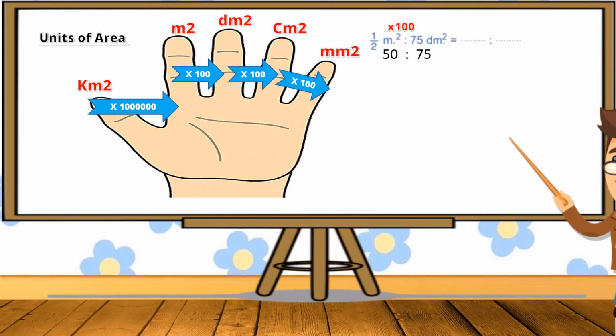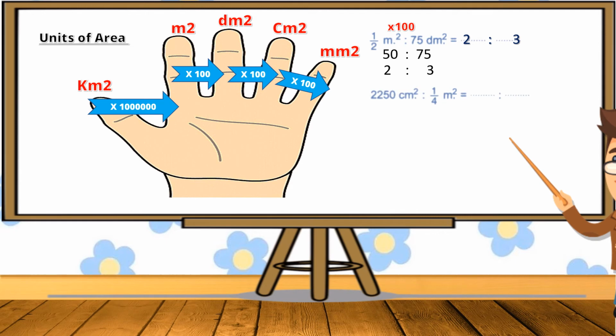Then we can use the calculator by dividing. Then 50 divided by 75 equals 2 to 3. Then the result will be 2 to 3. Another example,